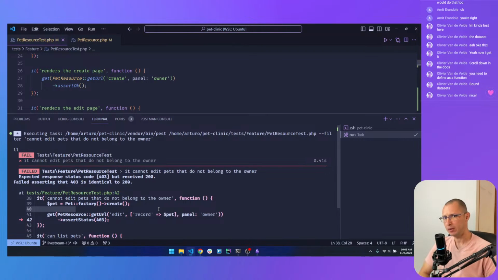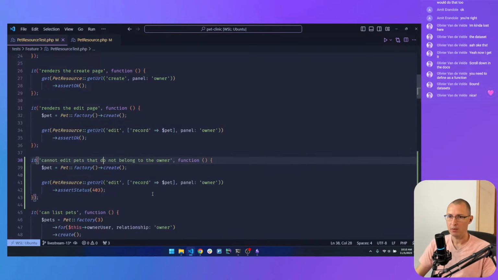With a policy, we are making sure what the user can do with a pet in the current session. And I don't think we have a policy in place, at least not for this one. Let me check.